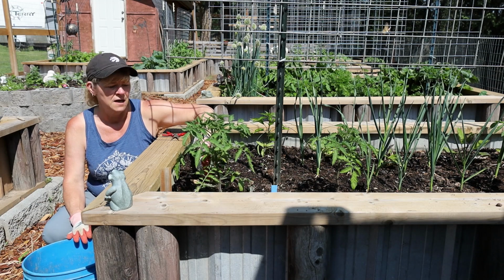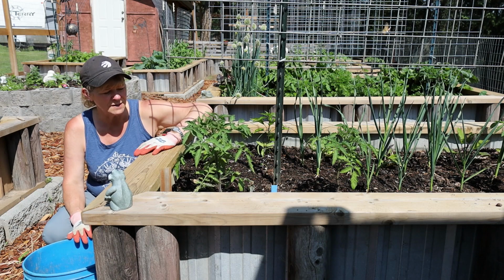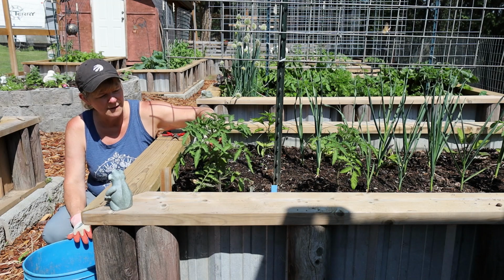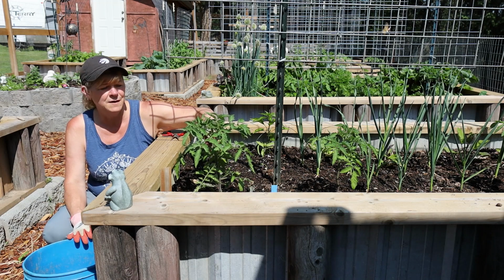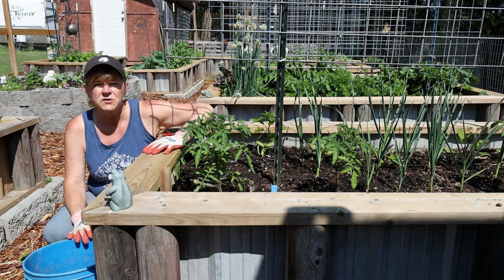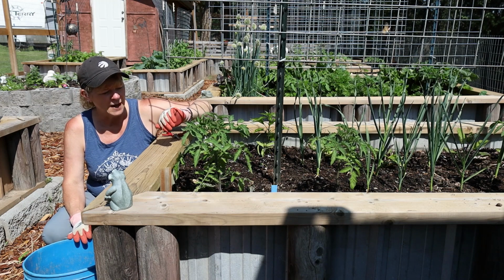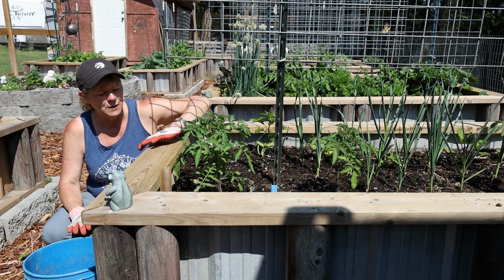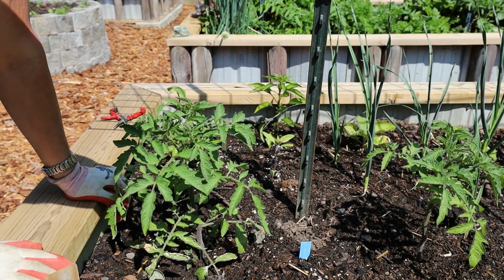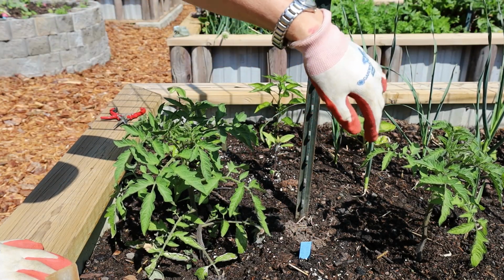Anything that can touch the ground, I'm taking off all of those lower branches, and then in the elbow of the plant, I'm taking out the little sucker, and I can just pinch those off with my fingers. So I'm just going to bring you in a little bit closer so that I can show you what I'm doing. So here I have, these are my Cherokee purple tomatoes,